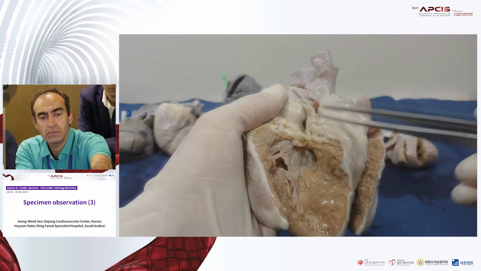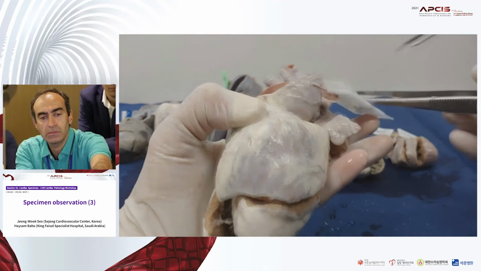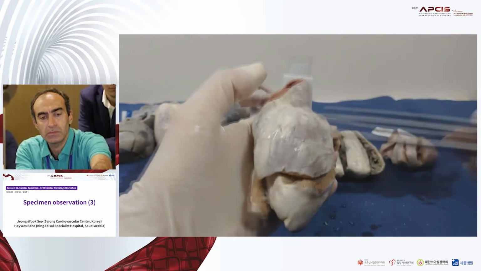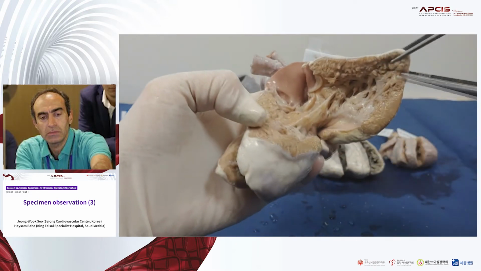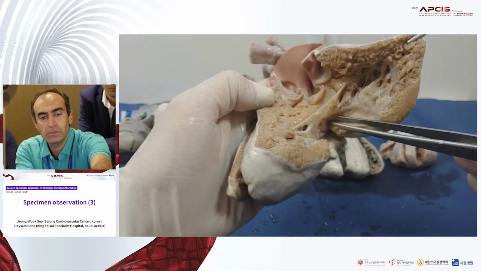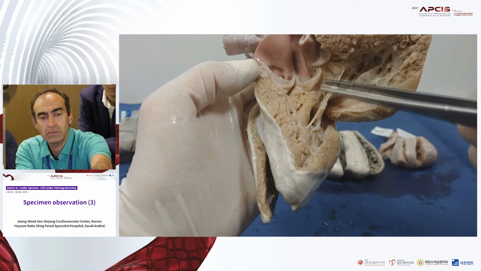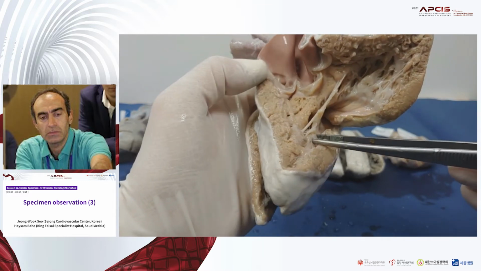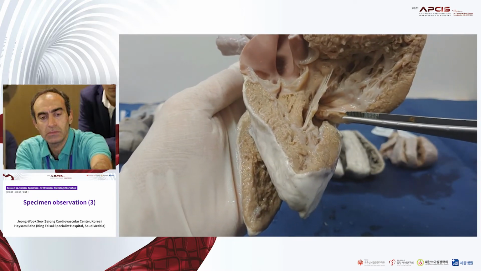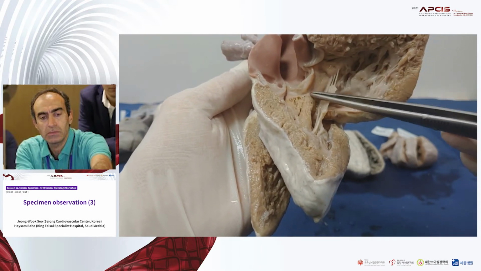Now, if we look at the left side, we see the morphologic left atrium on the left, and that is connected to a morphologic right ventricle on the left. Note the typical tricuspid valve, and this is connected to an aortic arch. Look at the typical subaortic infundibulum, which is separating the aorta from the right ventricle, and that's one feature of